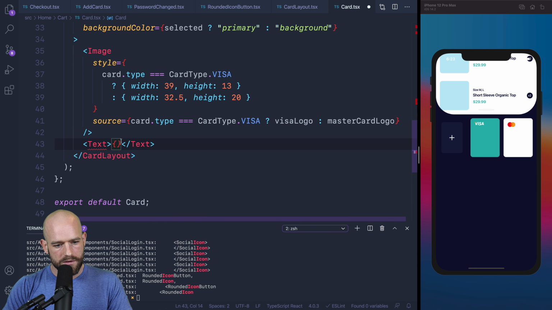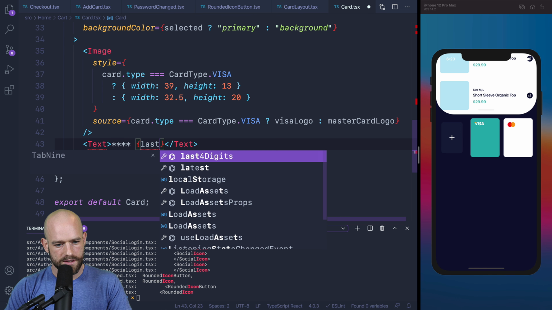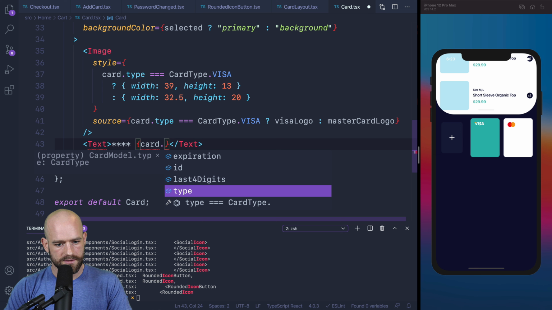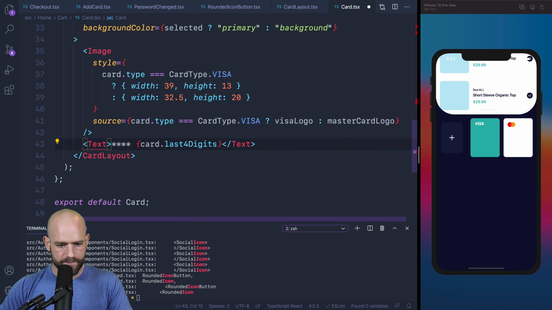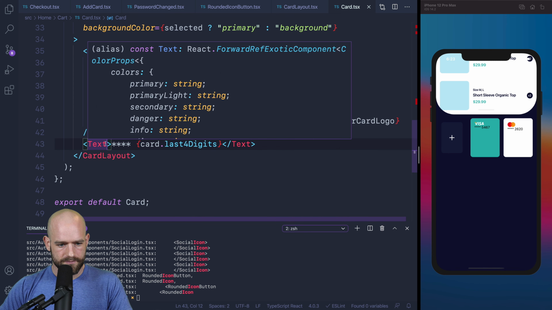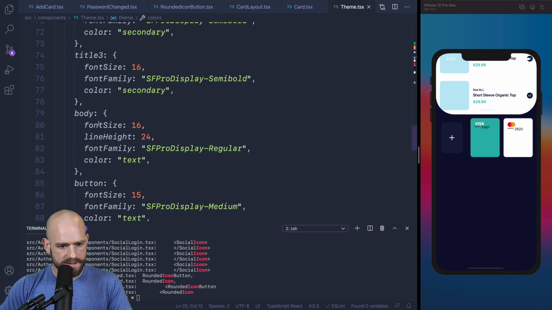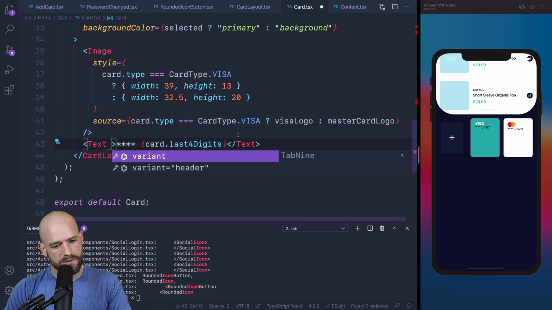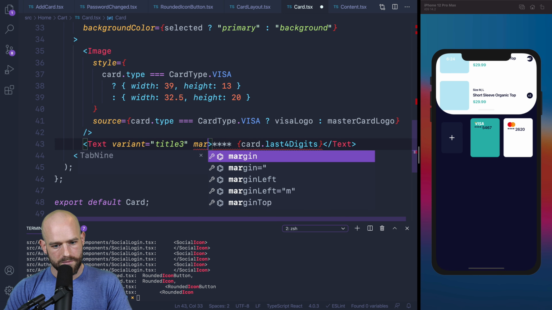So we would have something like last card dot last 4 digits. And let's look at the theme if there is a variant we can use. 16 regular, so title free. Margin